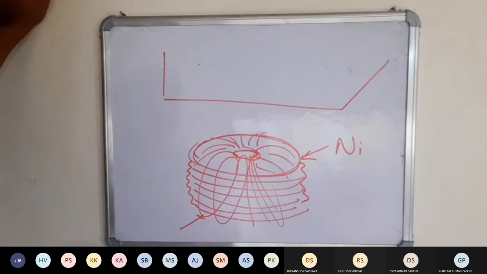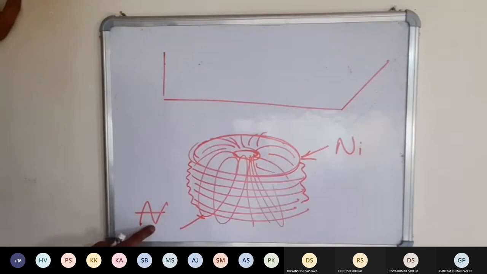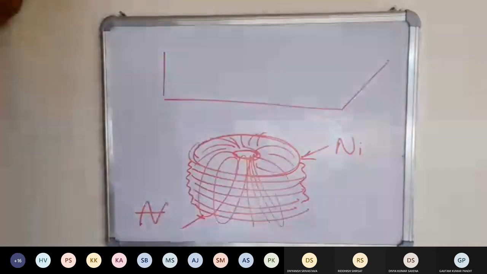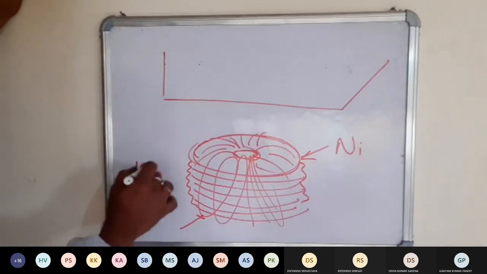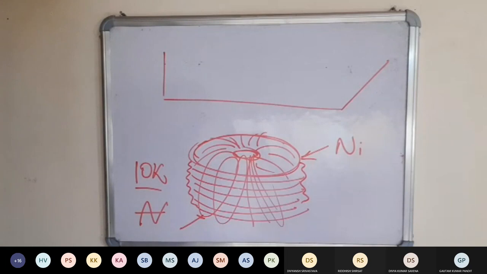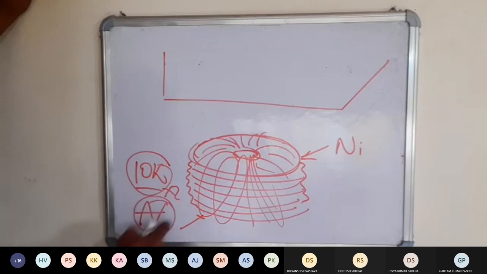Now what happens when AC is supplied? This will begin to vibrate. एक साइकिल पे दो वाइब्रेशन होगी, साइज जो है इसका चेंज होगा। तो अगर 10 किलोहर्ट्ज दिया आपने एसी, तो ये कितनी बार वाइब्रेट करेगा? 20 किलोहर्ट्ज। जितना आपने एसी दिया उसका इंटू 2, दो बार वाइब्रेशन होगा।